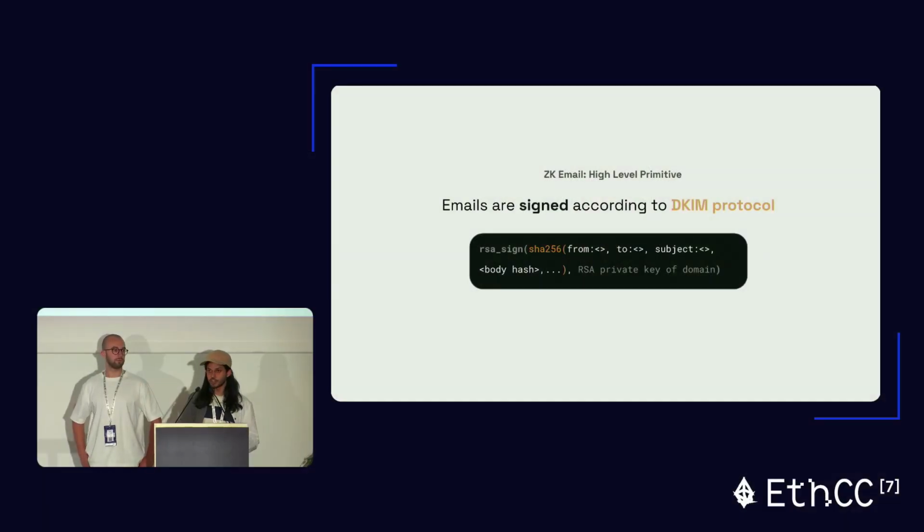Yeah, I had a question about the DKIM key. For example, Gmail uses, I guess, one key for everybody. Do you know if they rotate that key? Can you tell me more about what you found implementing this? Yeah, that's a great question. So how do we properly rotate the DKIM key when the domain actually rotates their key? And so the idea is that the RSA public key is hosted on DNS, and without DNSSEC on the majority of domains, you have to somehow relay that public key on chain. And so the idea is that